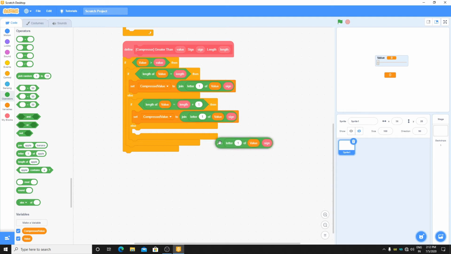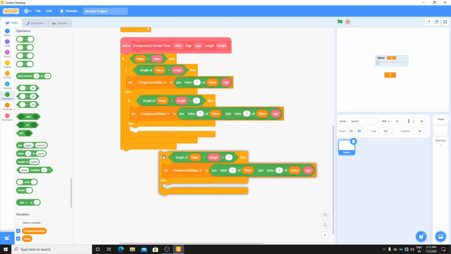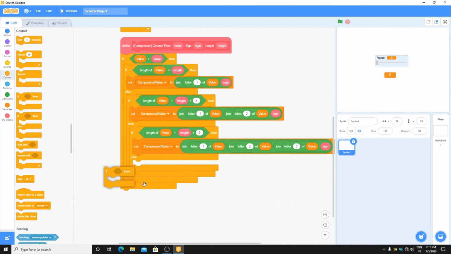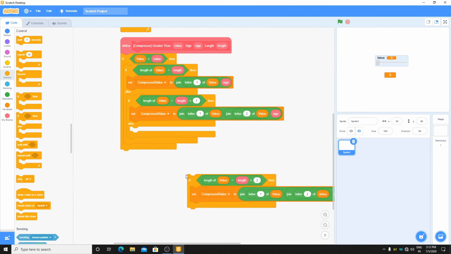Then duplicate this, remove the sign from this one and put it here and set it to 2. Then duplicate this and put it here 3. Then plus 2, and just duplicate this and remove the sign, put it here and set value to 3. And then just remove this and put it in an if statement instead of if else.